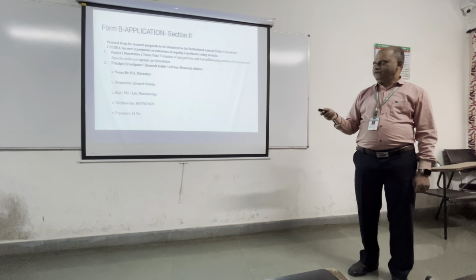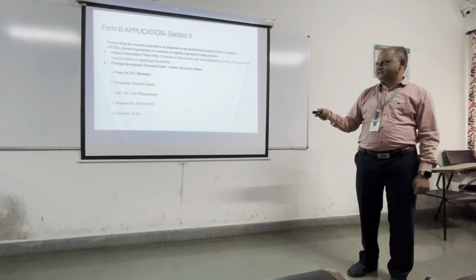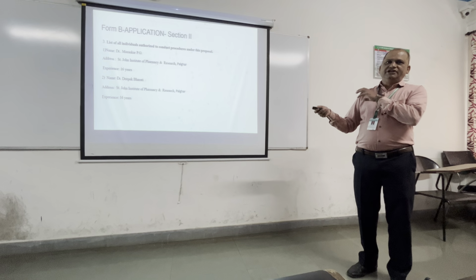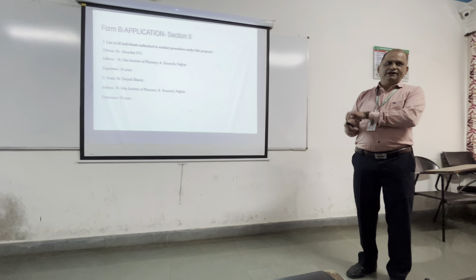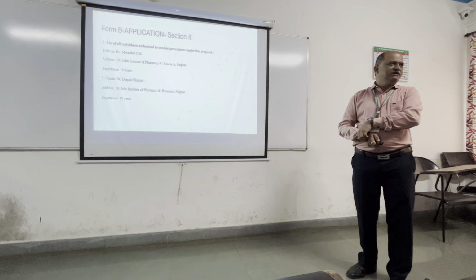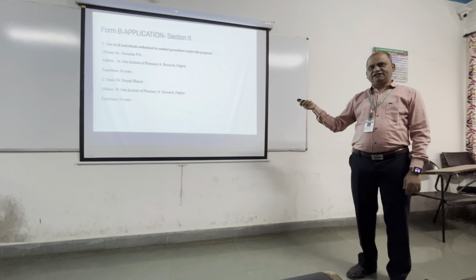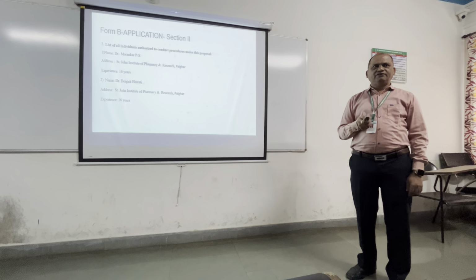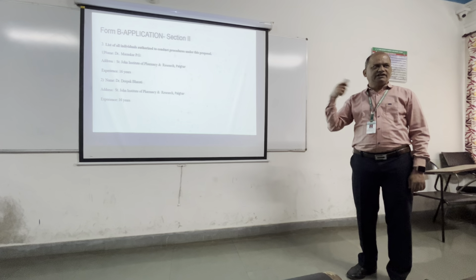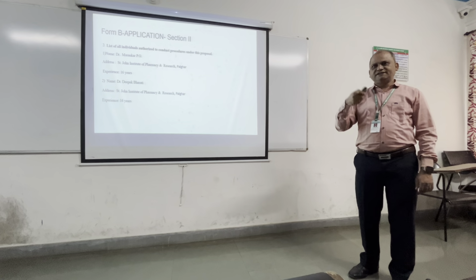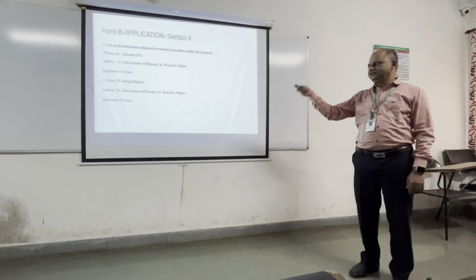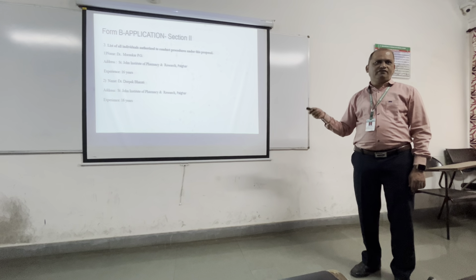Accordingly, you have to decide. You can add 1, 2, or 3 persons, 3 or 4, whatever individuals are involved, that you can write down in that specific list of individuals involved in the experiment. Whenever only investigator information is asked, you have to write down the investigator information. Whenever a list of individuals is asked, you have to write down the list of individuals like 1, 2, 3, 4, 5. Understood?